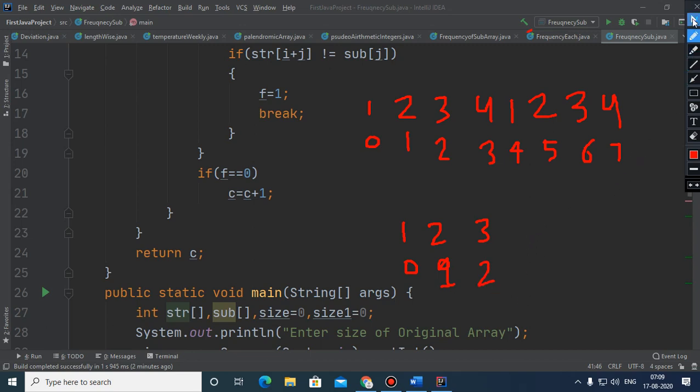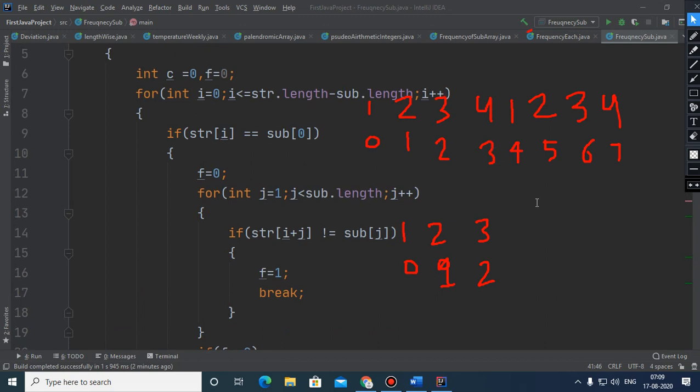So children, if you see this logic, what we are actually doing is we have started a loop from 0 for the original array, and each element of the original array will be matched with the very first element of the sub array. If there is any match, there is a possibility. So here we got the possibility. So this flag variable will become 0 and a loop will be started for the remaining elements of the subarray.